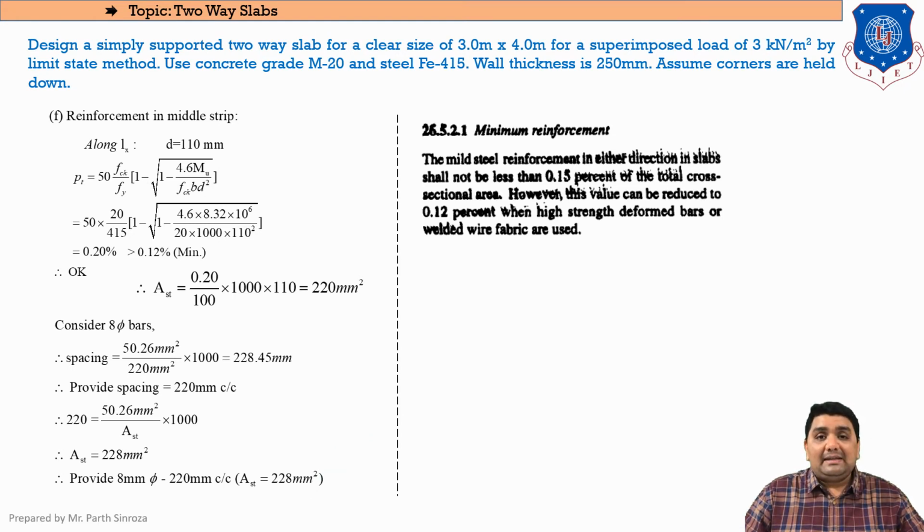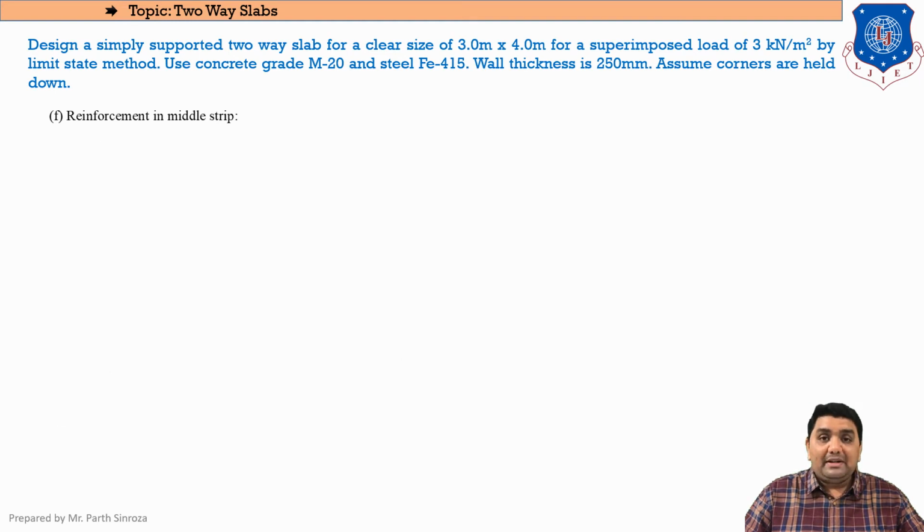Now this was our analysis of providing steel in x-axis. Now we'll be providing steel in the y-axis. So for y-axis, we will be taking depth to be 102. Why 102? You can still keep it at 100, that is no concern, because we are taking the value of spacing to be somewhat rounded off. So our final answer will be the same in any of the cases. So if you keep the value to be 100 or 102, there is no issue. Here I have kept 102.